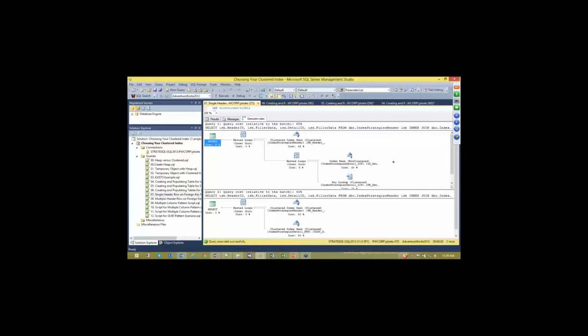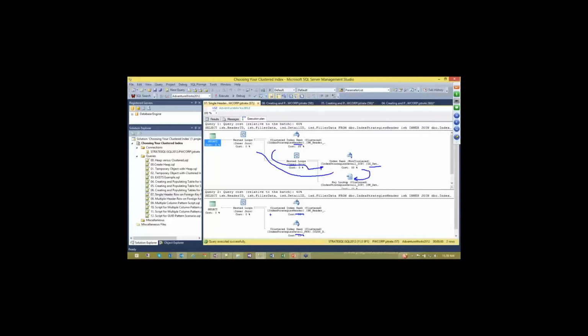And so what SQL Server is going to do is it's going to go and find the header rows that it wants. It's going to come down in and look for the non-clustered index rows that match that header row, and then it's going to go back to the clustered index on the detail row to pull out the additional information that it needs before then it goes back up and returns the results. Where if you store your header rows in the detail table together,